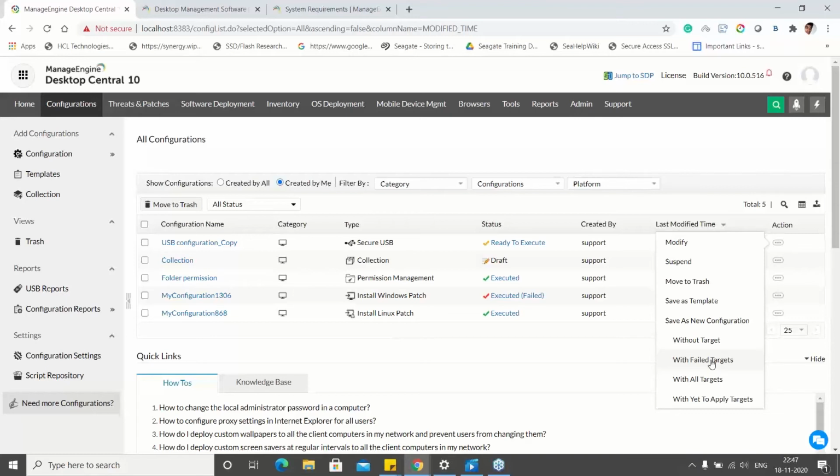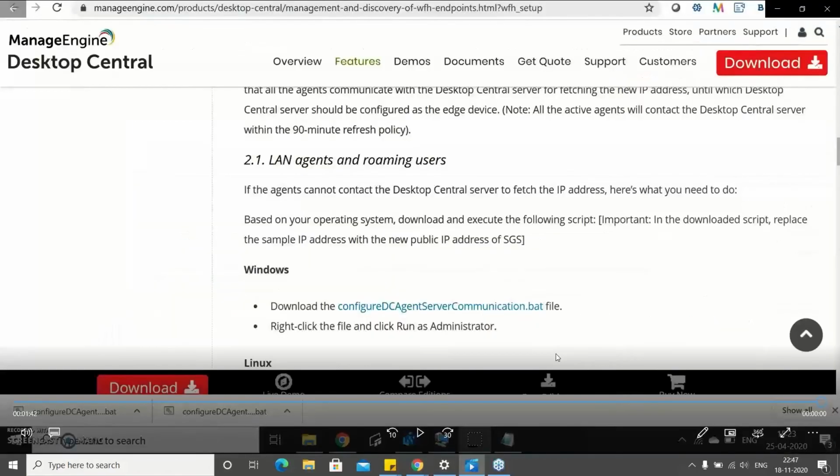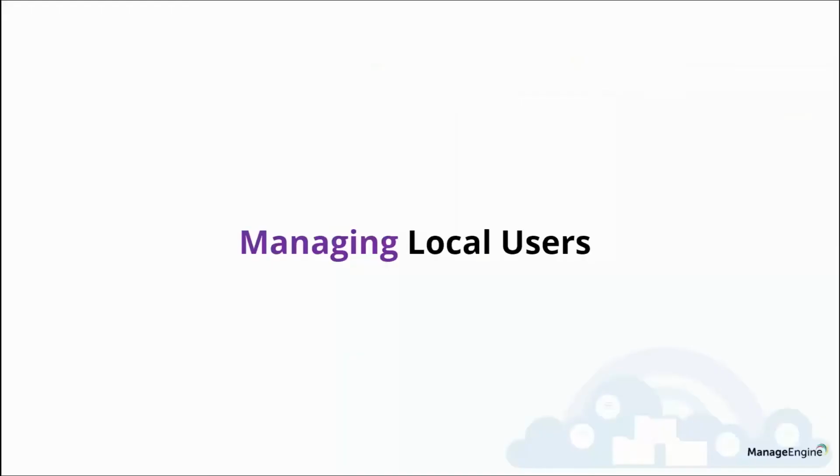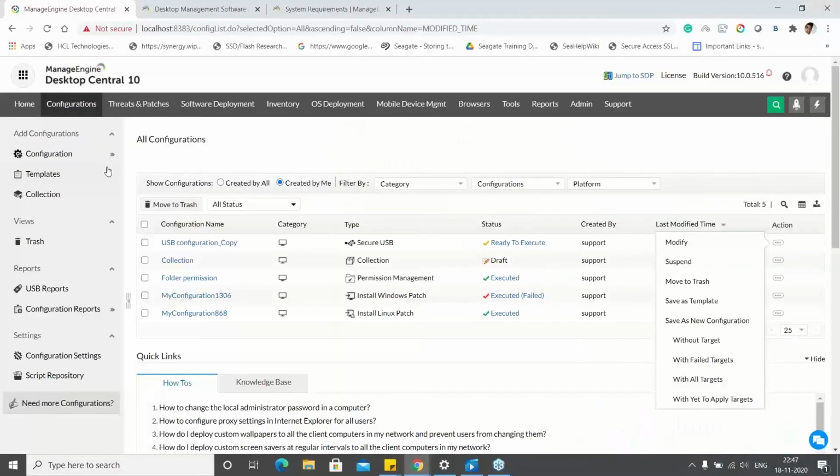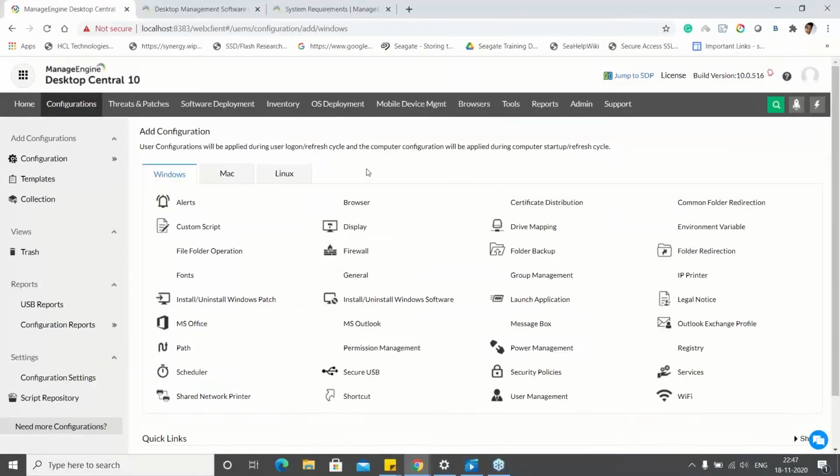The next part. In case I'm working from home, I will not be actively contacting my Active Directory here. So in this case, most organizations might be using local user management here. Moreover, the configuration was quite helpful in these times, because all the machines which are in the outside world are not going to contact your Active Directory actively. So whatever startup scripts you are trying to deploy will not work here. If you have the Desktop Central agent on it, you can very well achieve it without AD communication here.